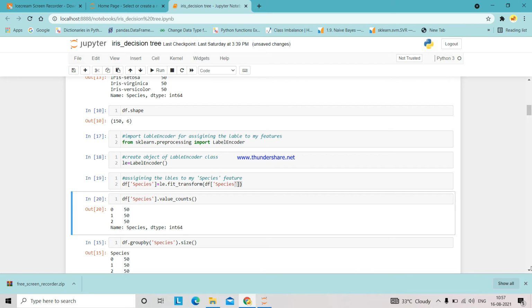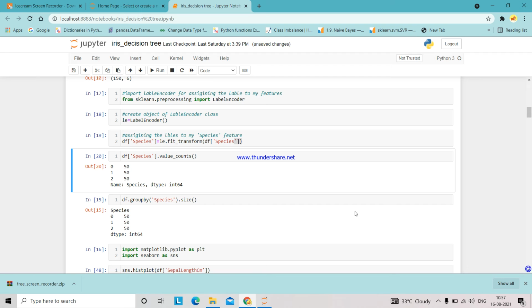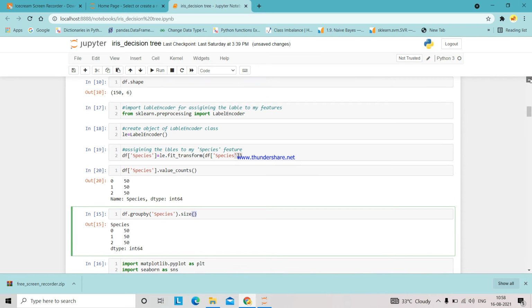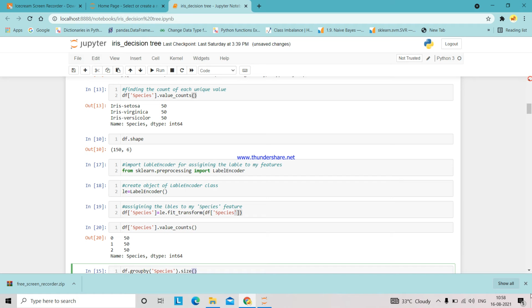Like this, we label by using the label encoder. And I want to know the size. Actually, we have the same size of values. Iris-versicolor has 50 rows, Iris-virginica has 50 rows, and Iris-setosa also has 50 rows.